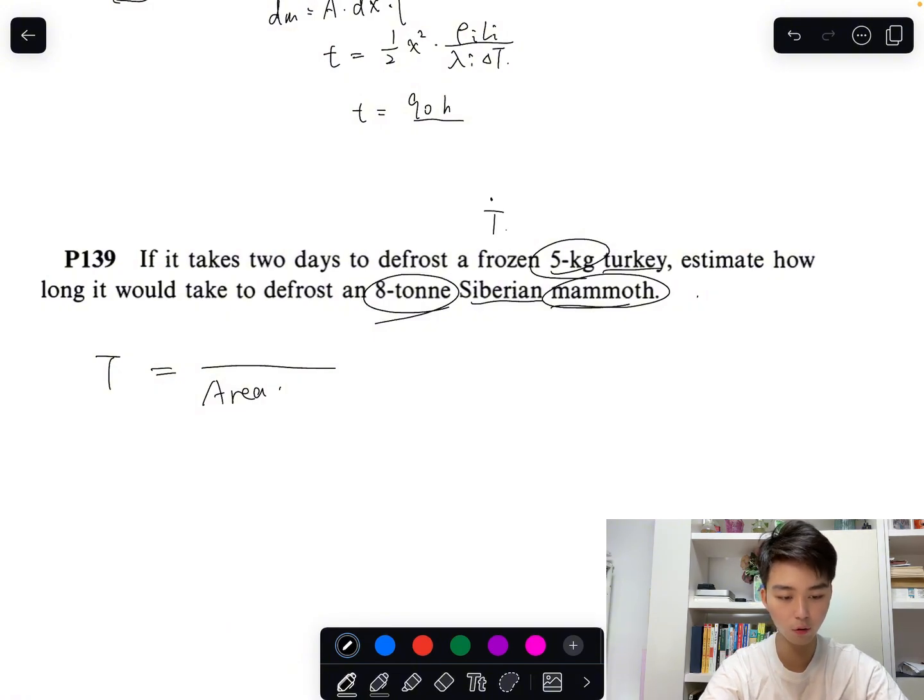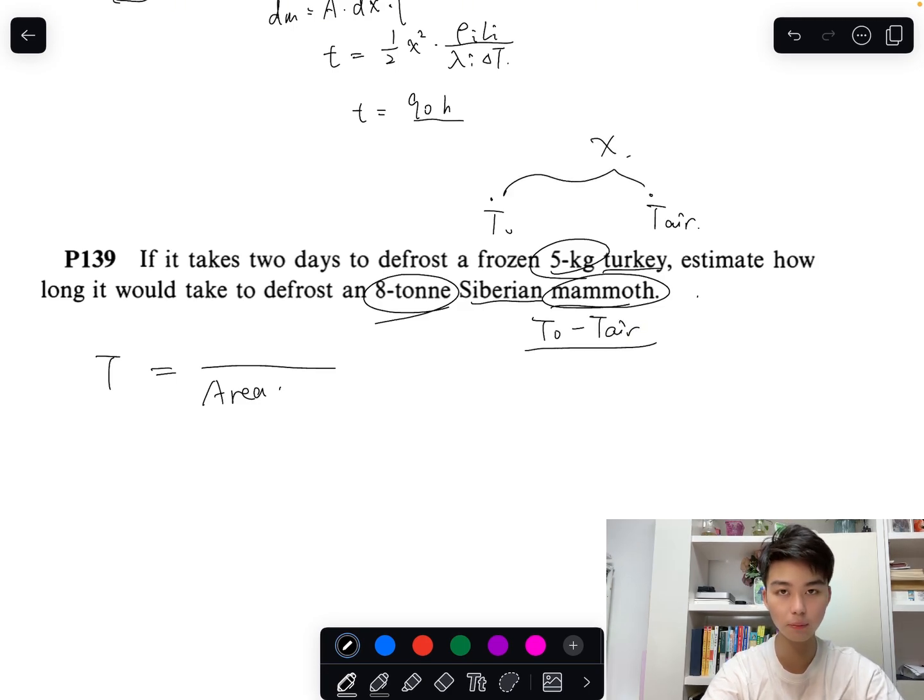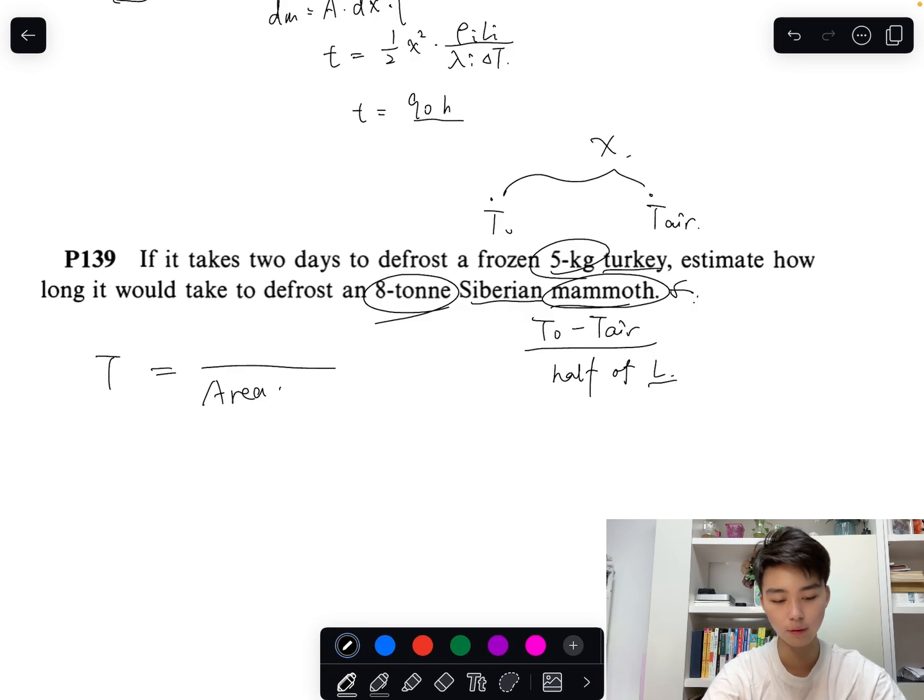We have T0, and there we have T air, and the gradient equals T0 minus T air over this side. It is approximately half of the length of this animal, if we can just see it as a sphere, right? So times length,